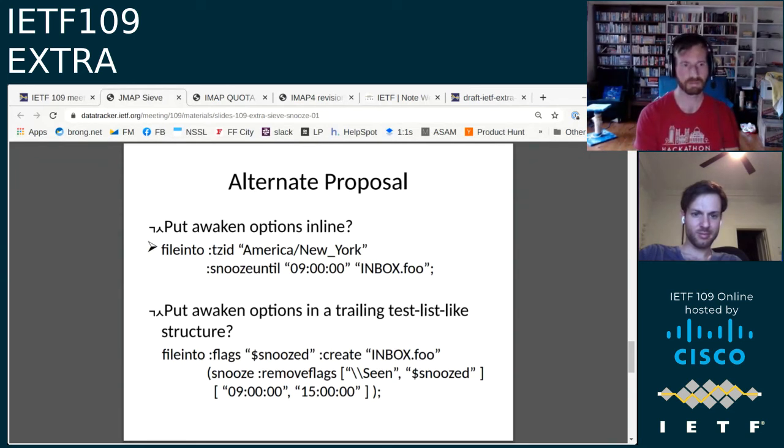I guess I don't like the fact that you've got a set of options that apply to one particular functionality that could be spread all over the place, right? Because by definition, the tags are unordered. So you could have these things intermingled with any other file into argument, like we have with FCC, which, after having written that and implemented it, just looks kind of ugly.